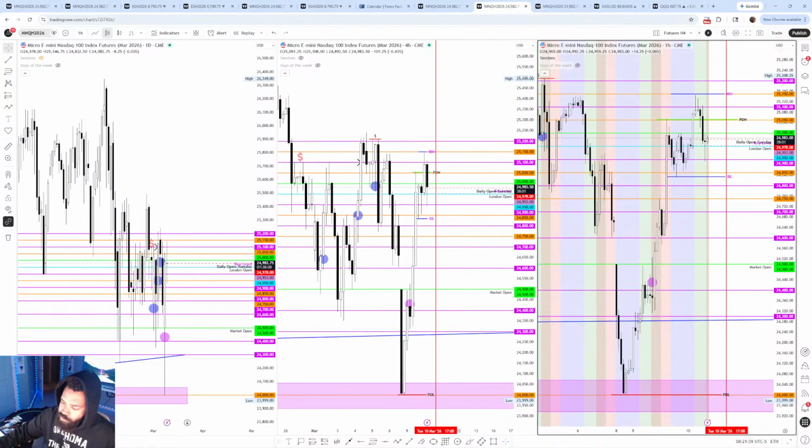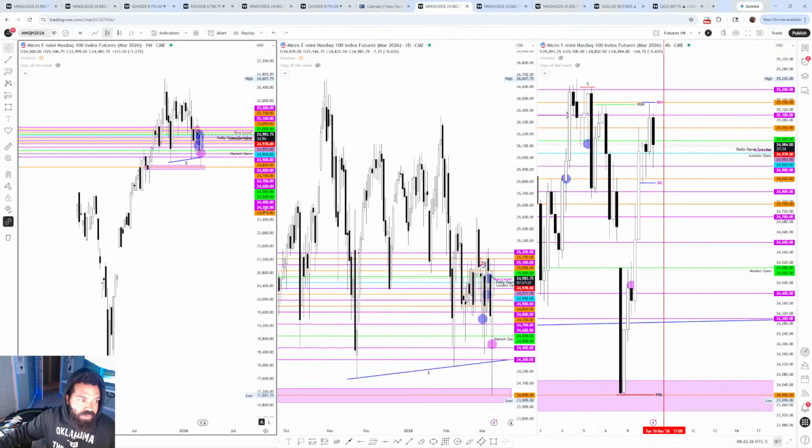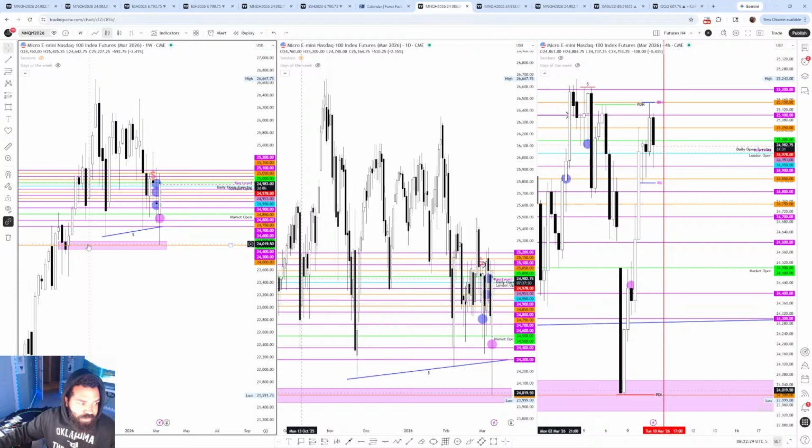So real quick, looking at the overall market, when you look at it from the Wyckoff perspective, you can see that we've made a low on the week, which is the 24,000 whole level, and our current high on the week is the high of the day that we have currently, so around, let's just say, 25,150. Looking at this, I think we are bullish because we did draw on that higher time frame liquidity. If you look at the weekly, we also respected that demand level, right? Order block, whatever you want to call it, under those old lows, and then responded really well off yesterday's daily. So that was a really nice weekly tap.